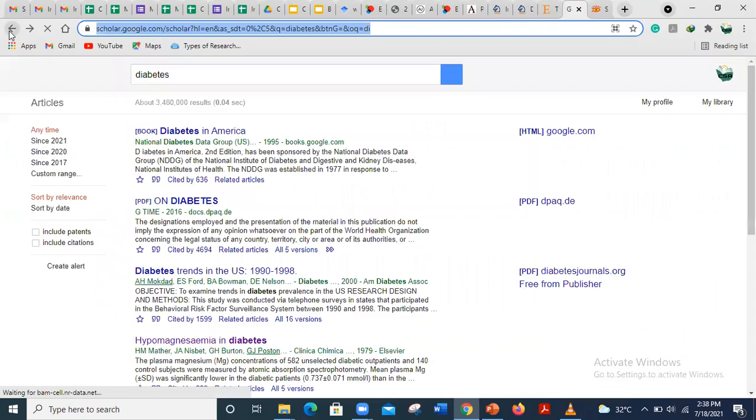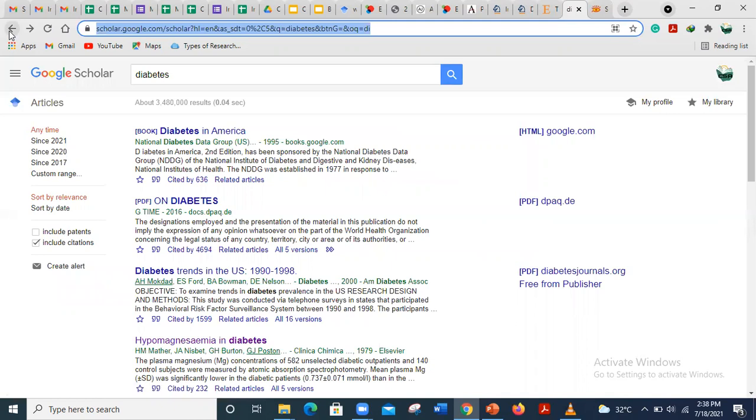So it was a very simple method of how you can download a research paper by using Google Scholar and Sci-Hub. It's very easy for you to download any paid book or any paid research paper or review article from Google Scholar and any other website. Now you can read your research article. It was all about today's topic, how we can download a research paper.